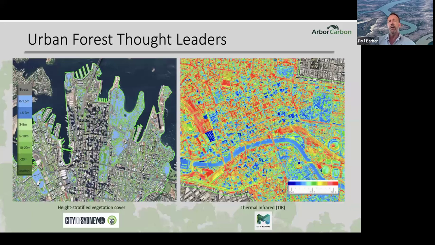On the right-hand side, you see the City of Melbourne, and what you're seeing there is the land surface temperature, and that's derived, at very high resolution, from the ArborCarbon. So we're seeing the heat through the roads, the heat through the buildings, and the cooling effect of things like the water and the vegetation. And the fact is that vegetation, particularly trees and large trees, provide the greatest cooling effect in cities. Then you have the shade, and it's the turf that provides the least cooling effect in cities, but still has some sort of cooling effect.